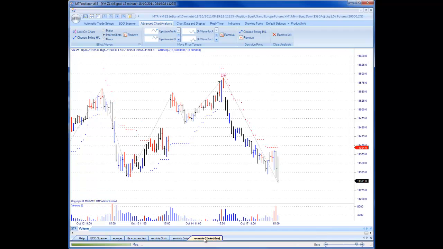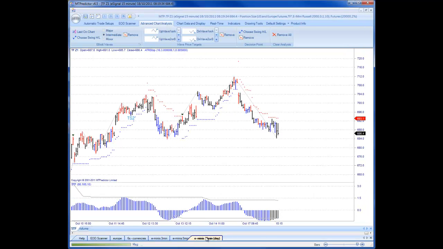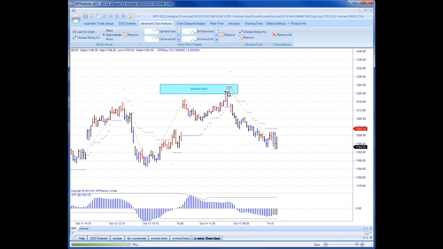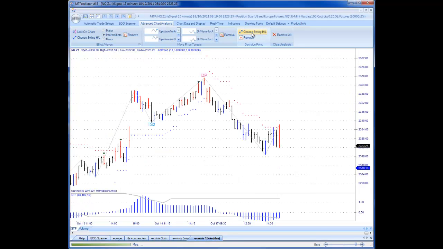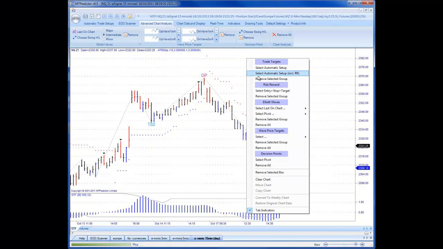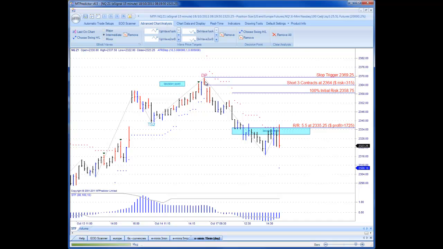For this we look at the 15-minute charts, and here we can see on the YM we had a DP sell, therefore the large degree trend was down. On the Russell Index, if I put the DP on from the prior swing, as the market came down we were going off DP resistance, trend down. ES, DP sell, trend was down. And the NQ, again we had an automatic DP sell set up as of the last bar of the prior